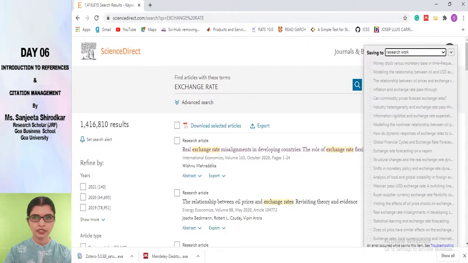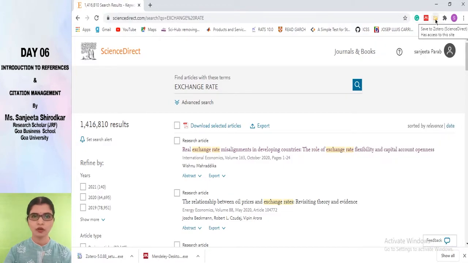Now another way is, see, this is getting saved. Since there are too many articles, it is taking a little more time. So it has been saved already.